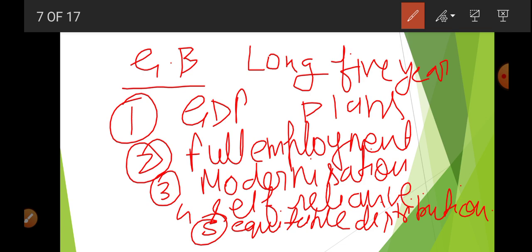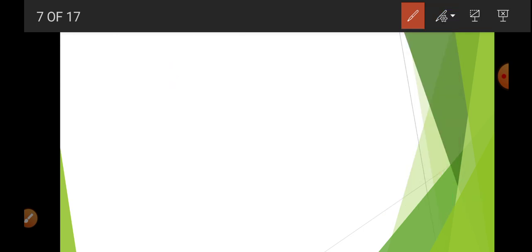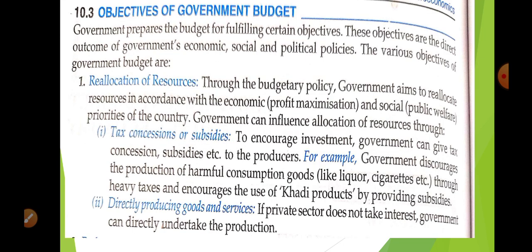So remember, if you are going to write the objectives of the government budget, you have to recall those 5-year plan goals and then explain them. You do not have to learn it separately. Okay, what is written in your book? First is given